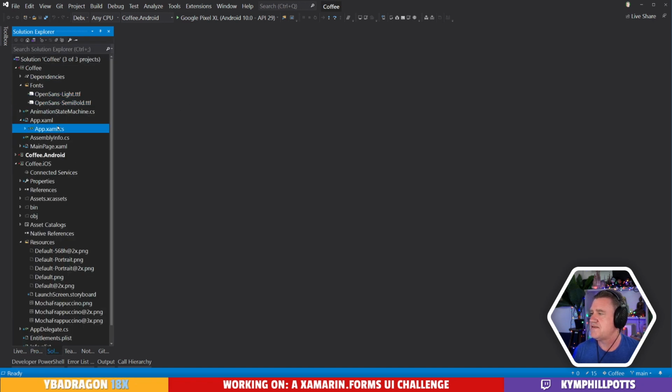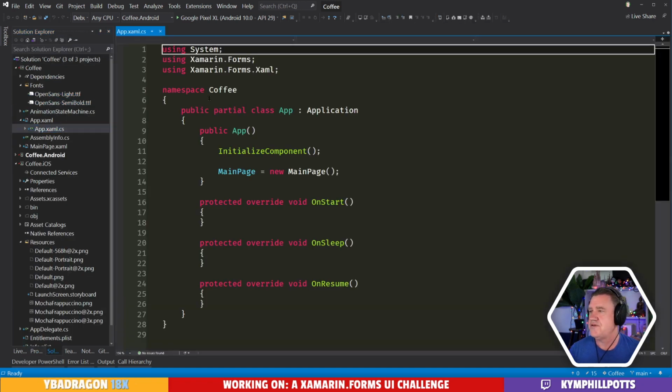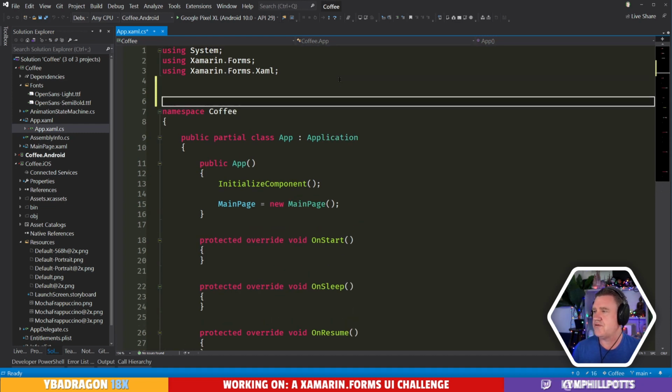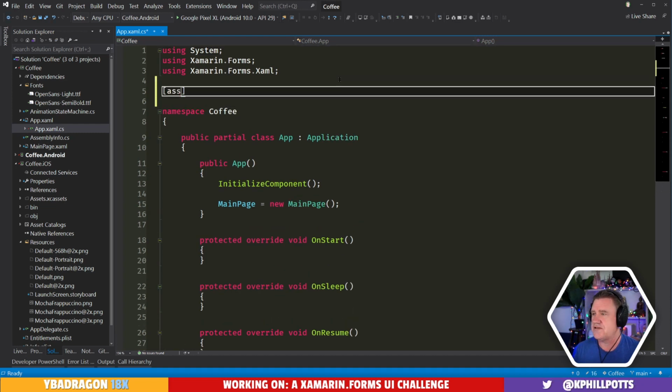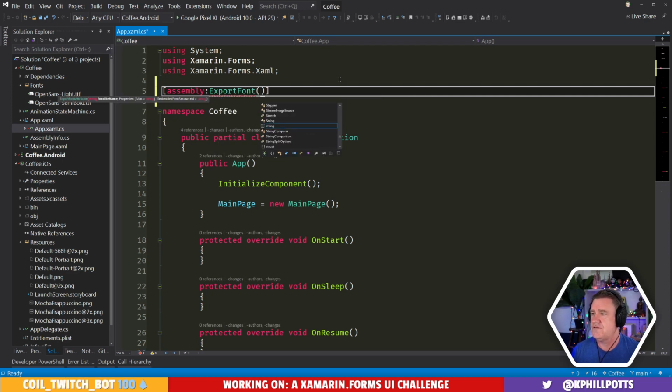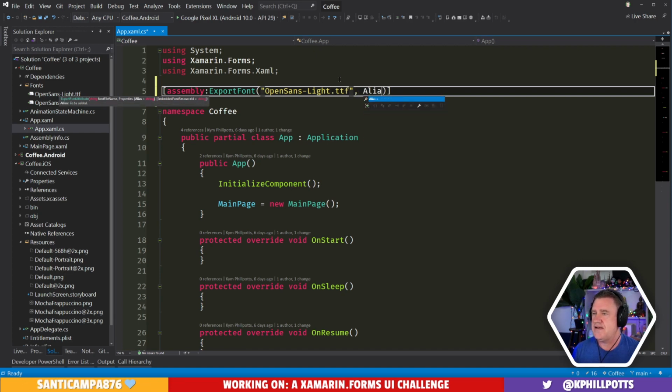All right, and let's use our export font, or whatever it's called. What is it? Assembly export font. And then we want the name of the font. So we have Open Sans Light.ttf. And the alias, let's call it something like, I don't know, let's call it light font.